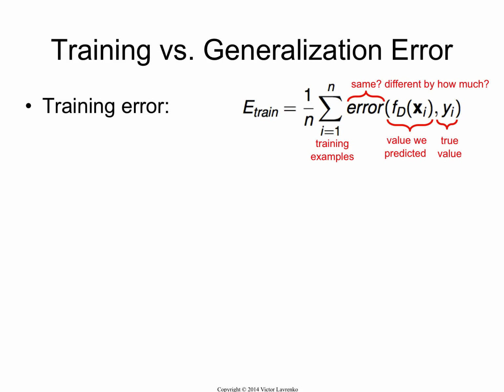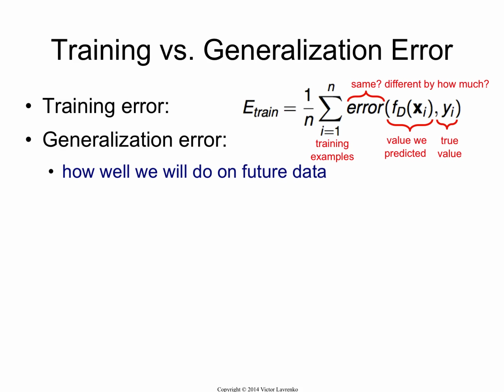And we'll talk about the variance of that. But overall, that is the training error. And the sum is over the training set. So what is the generalization error? The generalization error is how well you do on the data that you don't have today, on the data that's going to come tomorrow. And the problem with that is you don't really know what tomorrow's data will look like,